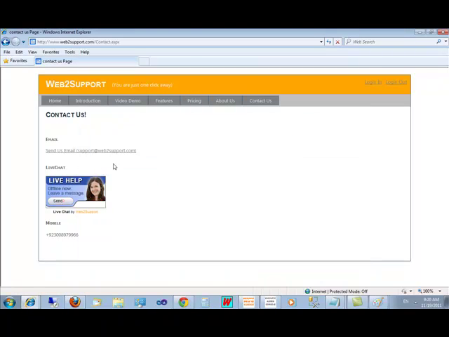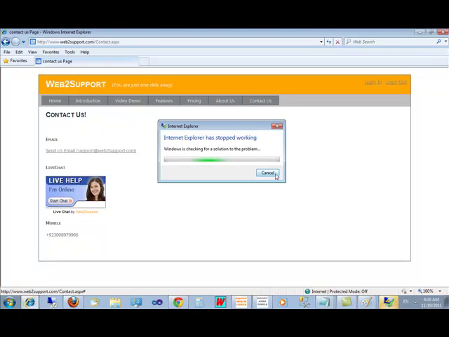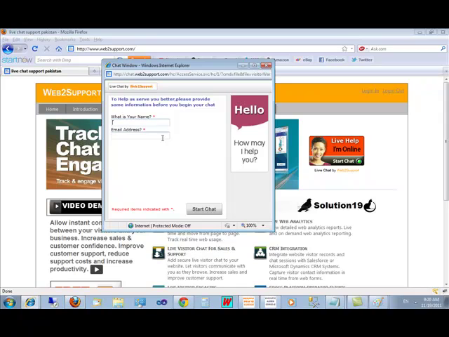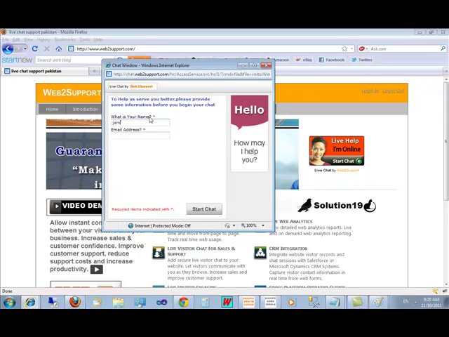Let's wait for a while so that this button gets updated. It takes basically 30 seconds to update this button. Let me refresh it. Okay, it's done automatically. Okay, let me type Jamal